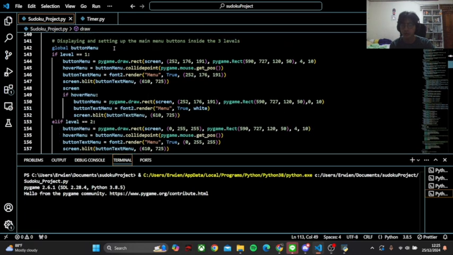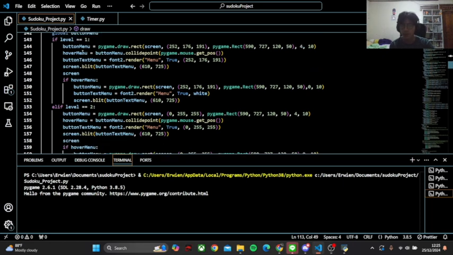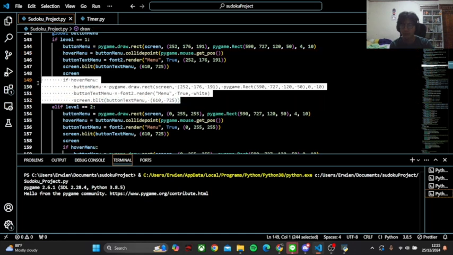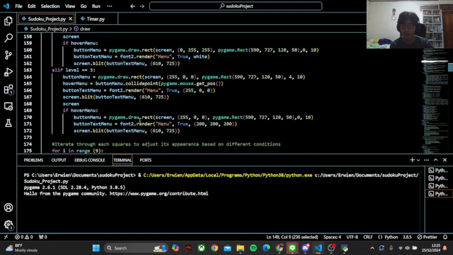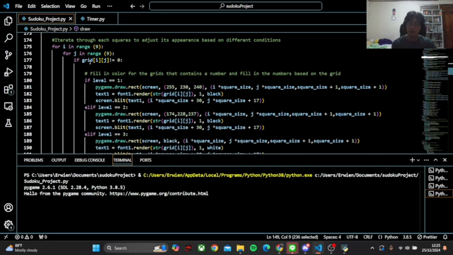And this is the menu button inside the level itself. Same functionality as the buttons in the main menu, but just a different display. But the way it works is the same. If hover menu is true, then it will change the properties of the button itself. And here,